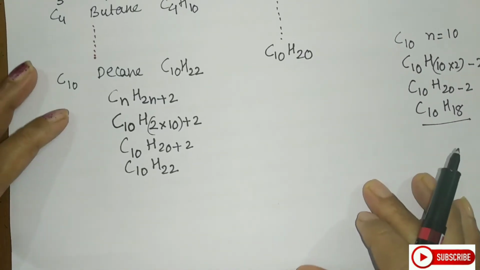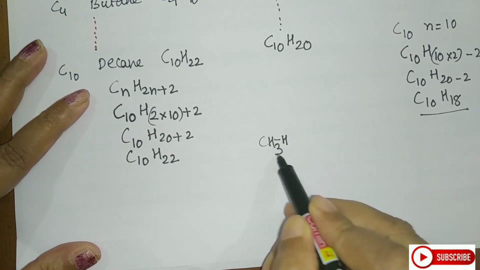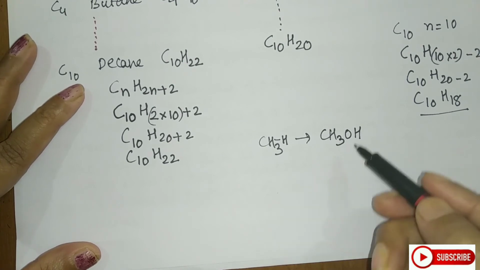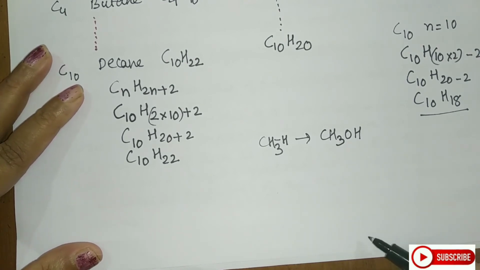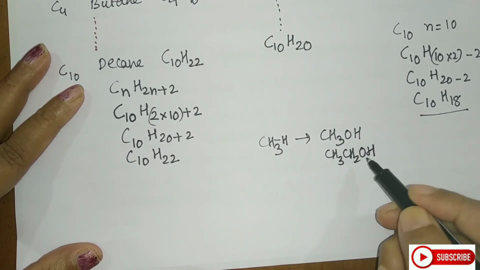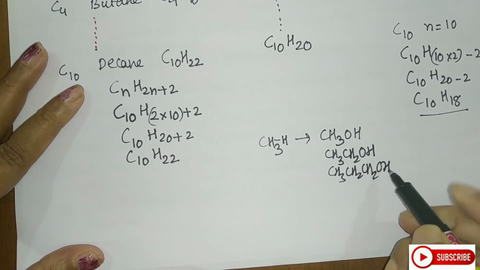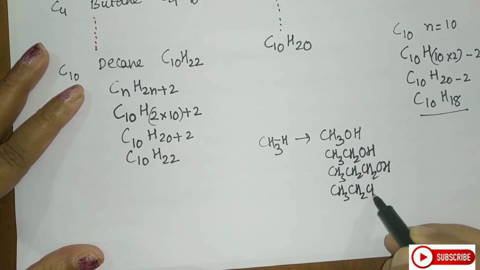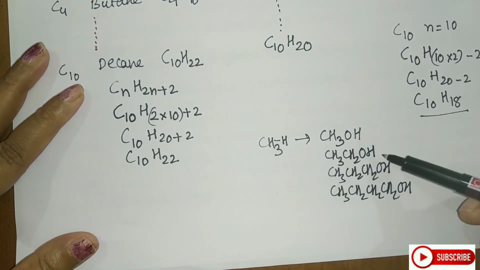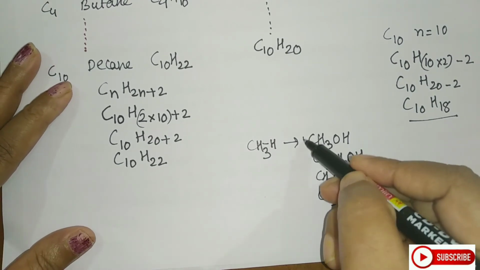Now let us say, for example, I take the first homologue, that is methane, and I replace one of the hydrogens of this methane by a functional group, that is CH3OH. So I will form a new homologous series of alcohols. For ethane, I will have CH3CH2OH, the second homologue. The third homologue will be CH3CH2CH2OH. Similarly, I will have CH3CH2CH2CH2OH. So like we have methane, ethane, propane, butane, I will have methanol, ethanol, propanol, butanol, pentanol, and so on. So now see, I have created a new homologous series.